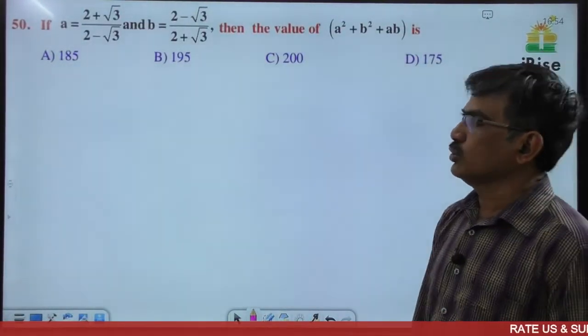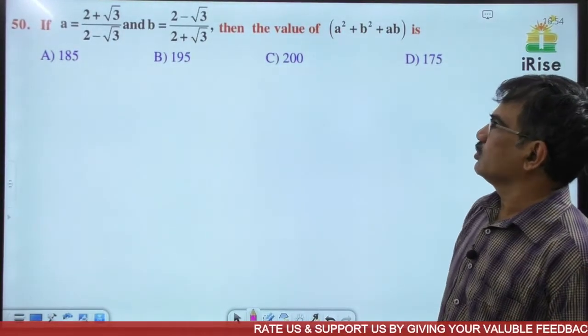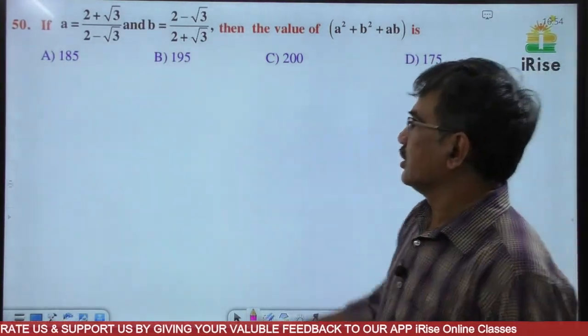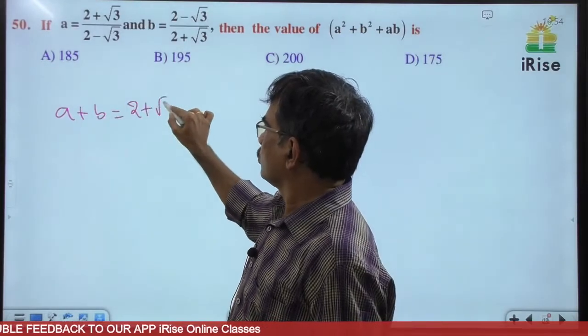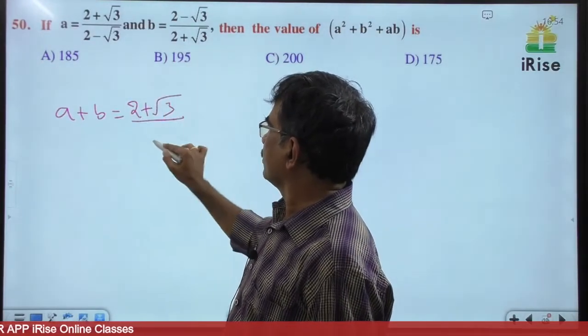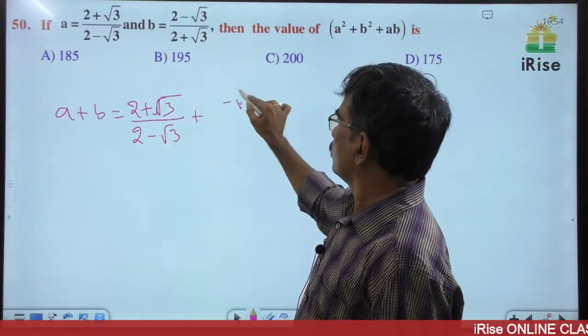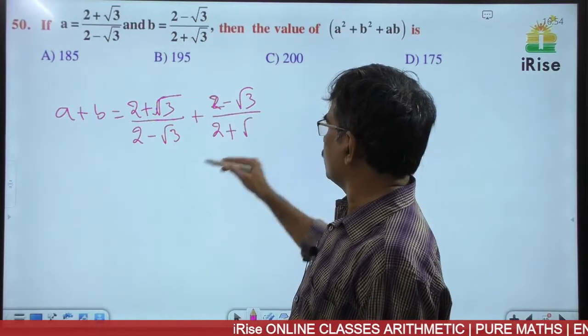If A is equal to (2 plus root 3) by (2 minus root 3), B is (2 minus root 3) by (2 plus root 3), then what is A square plus B square plus AB? First I want to find A plus B. (2 plus root 3) by (2 minus root 3) plus (2 minus root 3) by (2 plus root 3), which is equal to